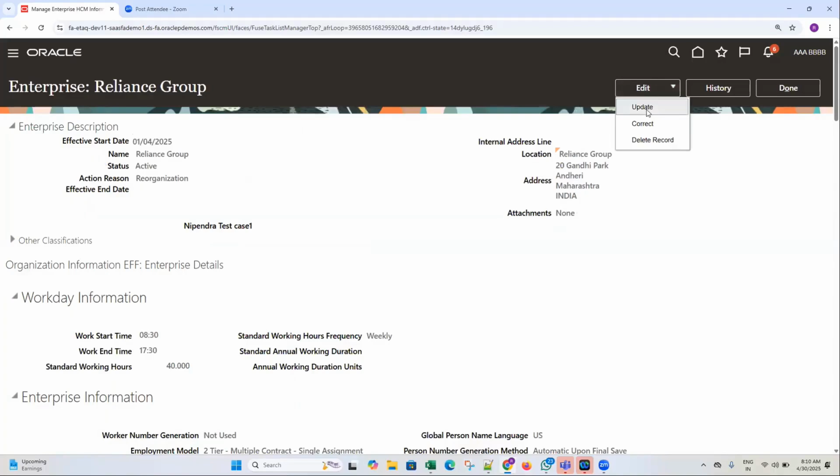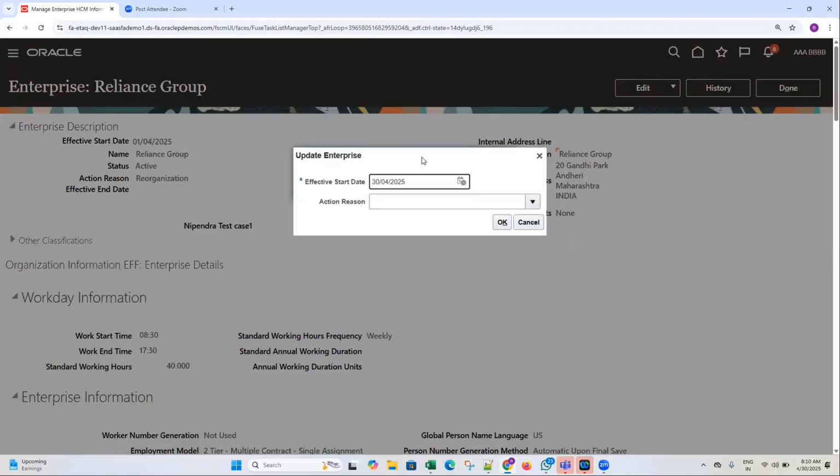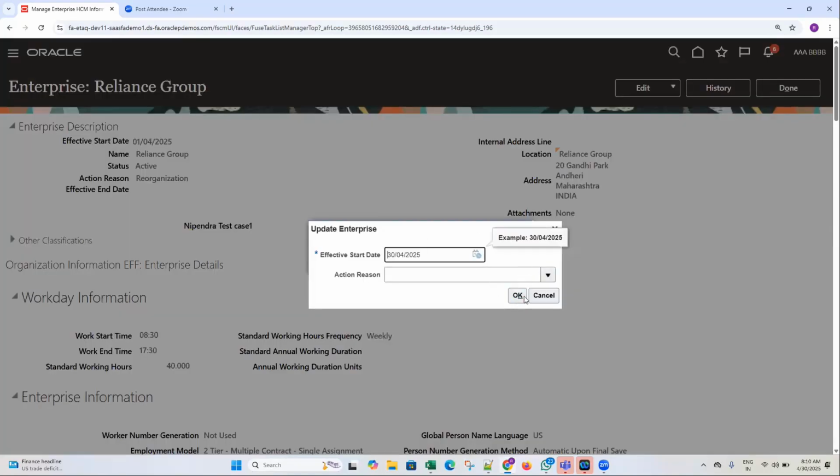If I am choosing update, it is asking for the effective dates. Update means you are doing the updates on the existing record, effective of these dates. Okay. So if you correct, whatever the existing record is there, on the same effective date, it will be corrected. Update, if you are doing, suppose for example, update I'm doing from today's effective date, means,